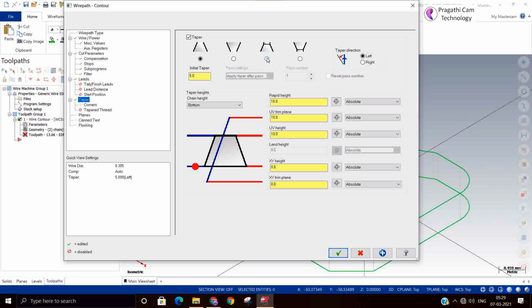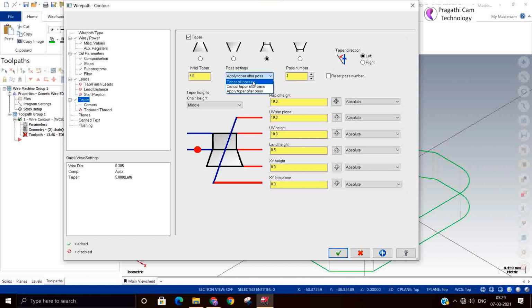In this option you can see first straight pass, then taper pass. So apply taper pass after pass, or all taper pass. Cancel the taper pass after pass. Like this, three options are there. So apply taper pass after pass means first cut the straight, then cut the taper.